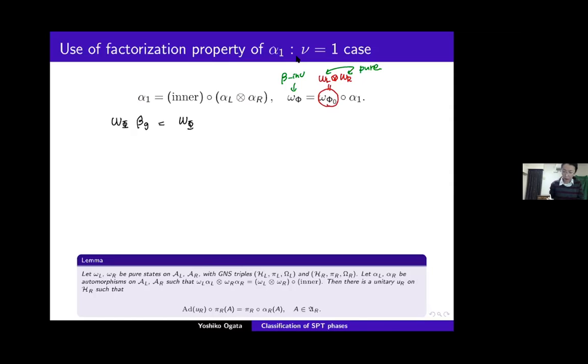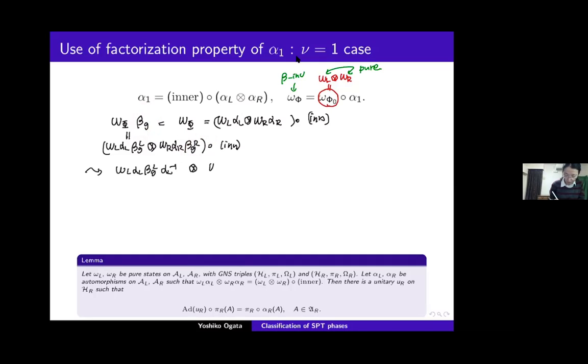Now I substitute this decomposition and this decomposition into this equation. Substituting them, what we get on the right hand side is omega L alpha L tensor omega R alpha R times something inner. Similarly, on the left hand side, we get omega L alpha L beta G L tensor omega R alpha R beta G R and inner. Here beta G L is the restriction of beta G to the left infinite chain, and the same for the right infinite chain. Okay, like this. So I change the formulation a bit, and then